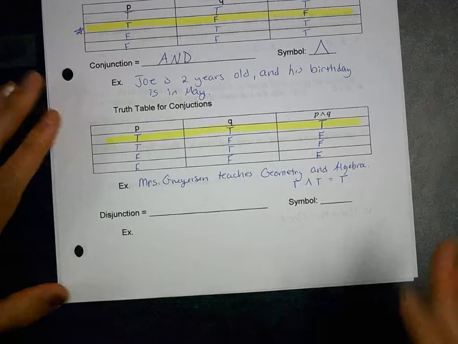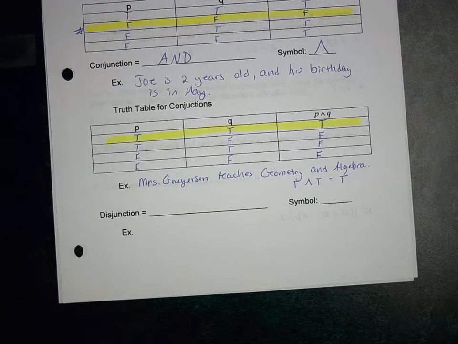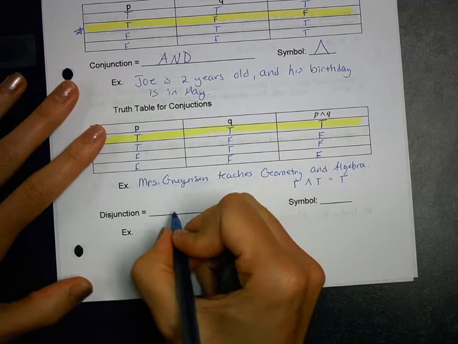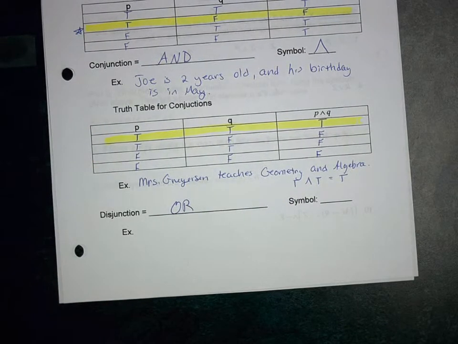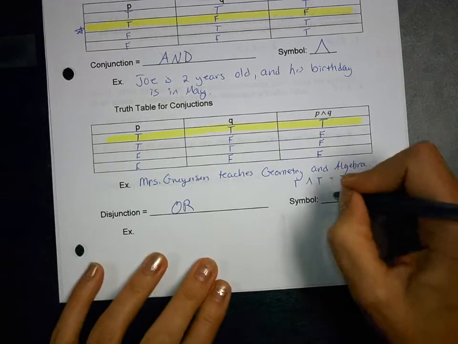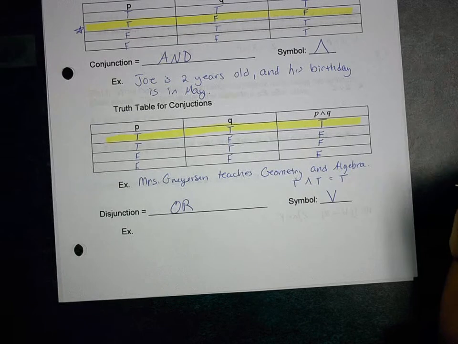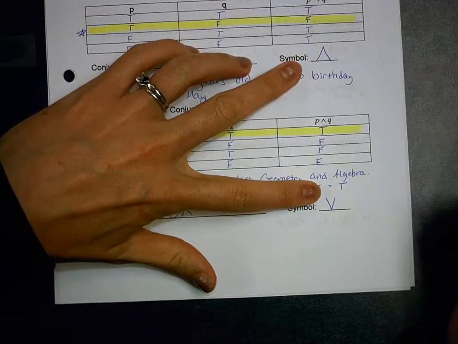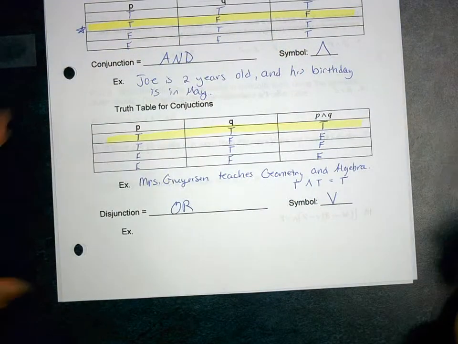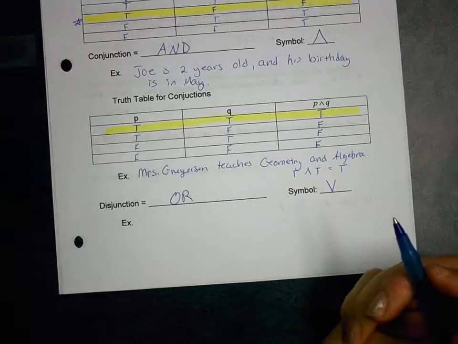Now, the last but not least, we're going to be talking about a disjunction. Now, a disjunction is actually the word or, okay? So it's either or. Now, this gives you choice in your values. And the symbol we use for that is like a capital letter V, opposite of the and. Notice these just are flipped from each other. So with that, an example that I would use is something like,